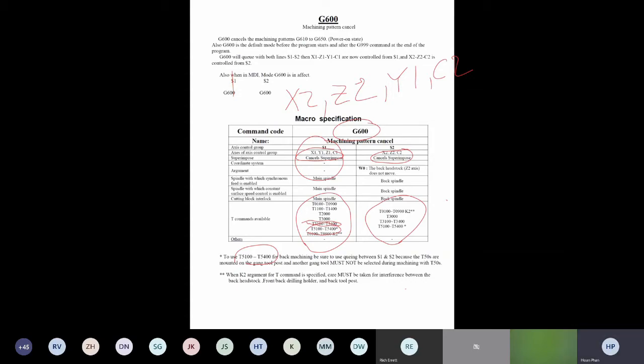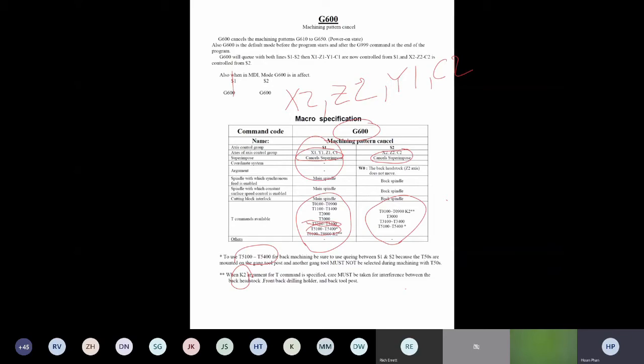Okay, the next thing I can see is really powerful is the K2 argument right here. A lot of the time, people run out of live tooling pretty easily, because on the A320 machine you have only 4 live tools. So if you're going to spot drill with the live drill, maybe the hole requires a very high tolerance, maybe you're going to have to ream it, and then mill it, and then something happened, you want to saw it, and then you run out of options, and then either you're going to have